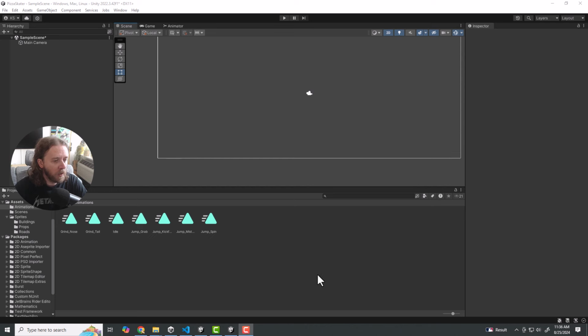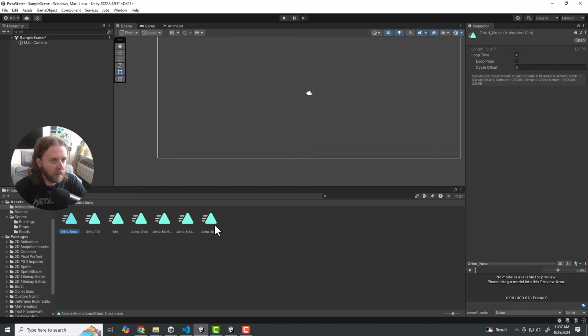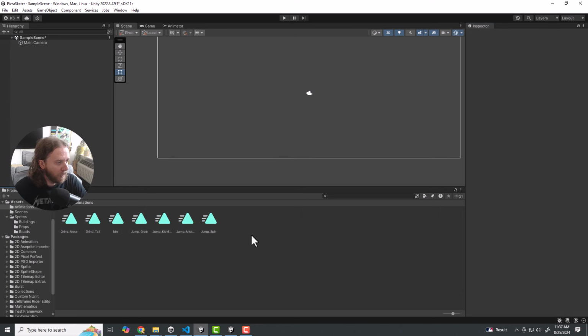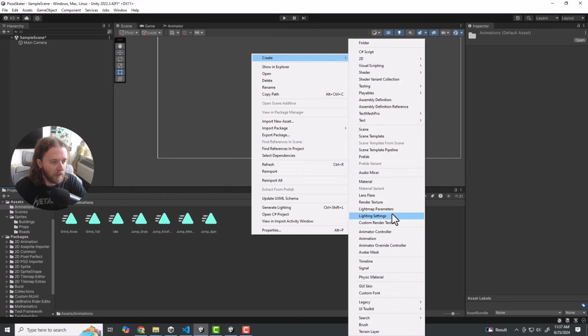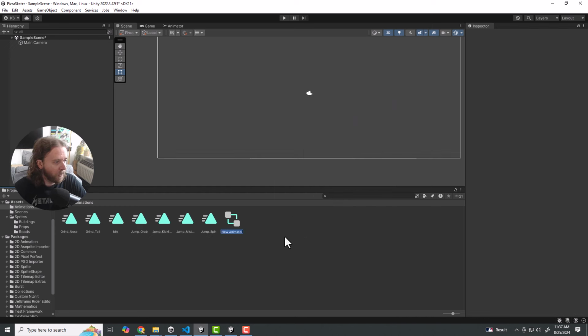Okay, with all of our separate animations set up in our animations folder here, right now they don't really do anything, so we need a controller that controls all the animations, right? But first thing we're going to do is grab all of these and check loop time if it's not already checked. So we'll click on loop time and then right click in our animations folder and hit create and create animator controller, right? And we'll call this